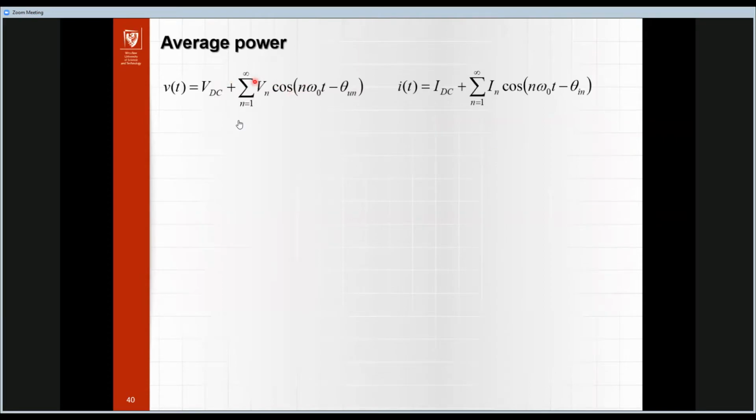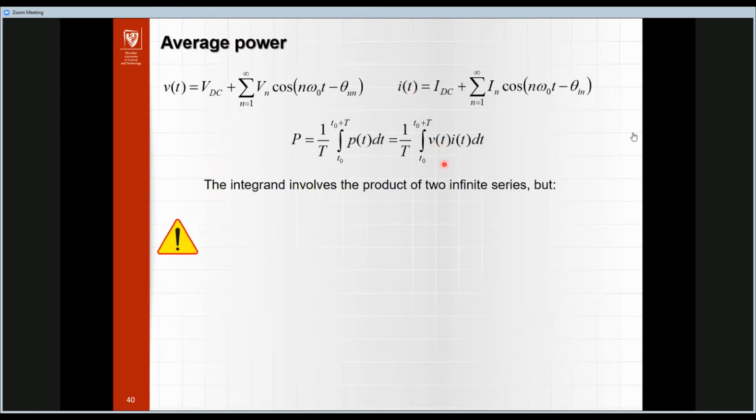We have the voltage and the current in our system, and when we write the equations for the power, we know the relationship between voltage and current, but the integrand in this case involves the product of two infinite series, because we have an infinite series here and here. But firstly, DC: